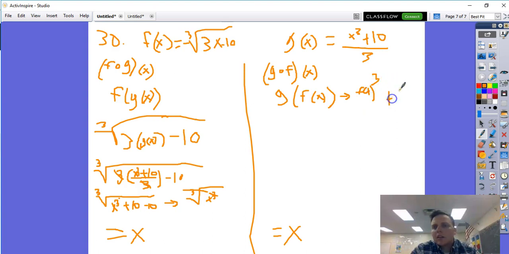Plus 10 divided by 3. Okay? And then we know what the f function is. It's this guy right here, so I'm going to plug it in. So that's going to give me, parentheses, the cube root, that's a cube root, of 3x